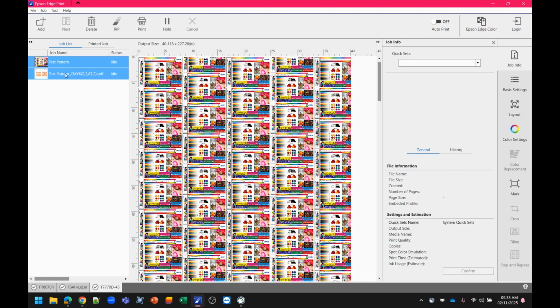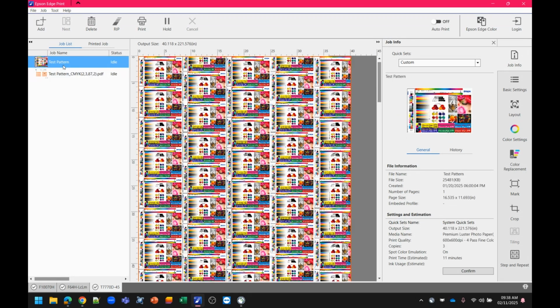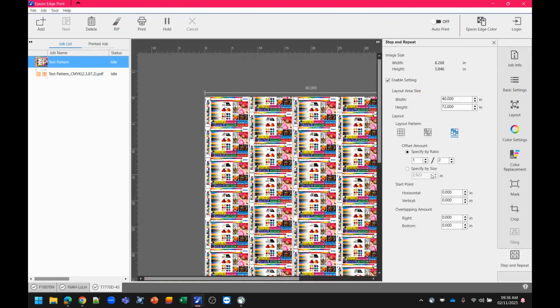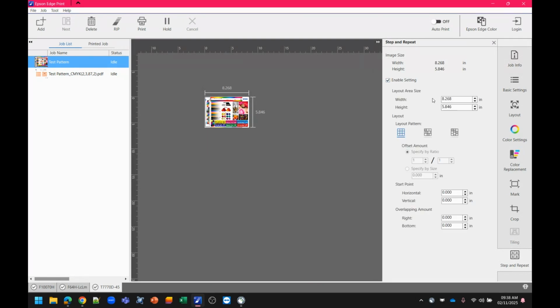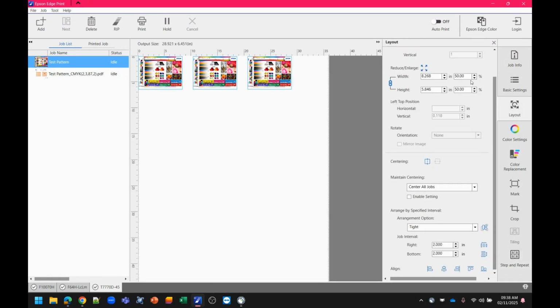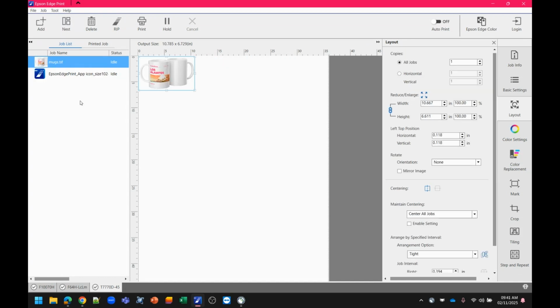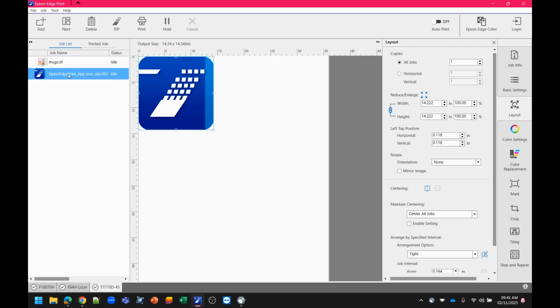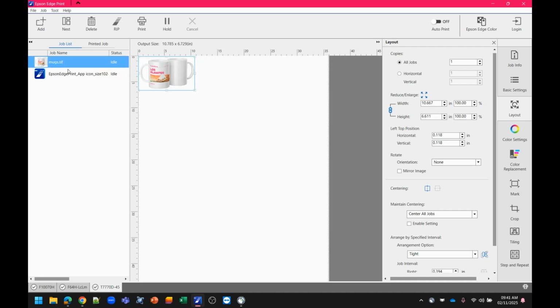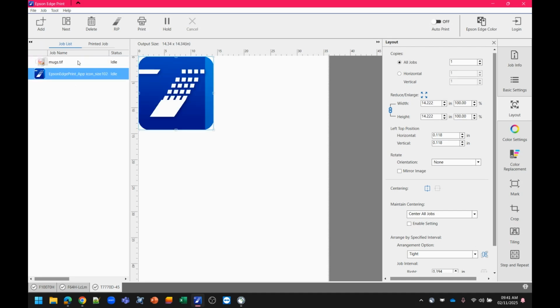First of all, I want to highlight nest. So let me remove the step and repeat from this job. Okay. And I'm also going to go back and remove the amount of copies to just one copy. So I've loaded a couple different images here, and I want to print them together. Currently, I would only be able to send these two as they are now, and one would come out after the other. But I don't want to waste all this media on the side here,